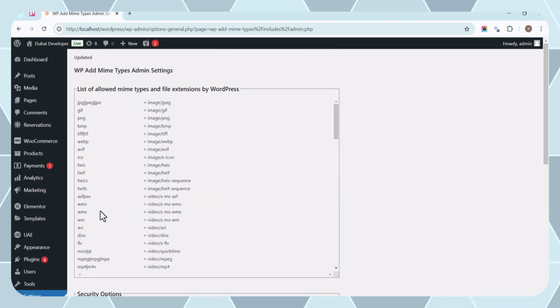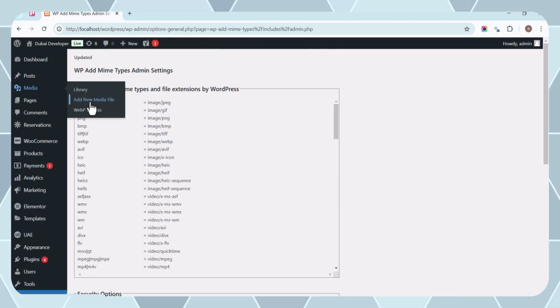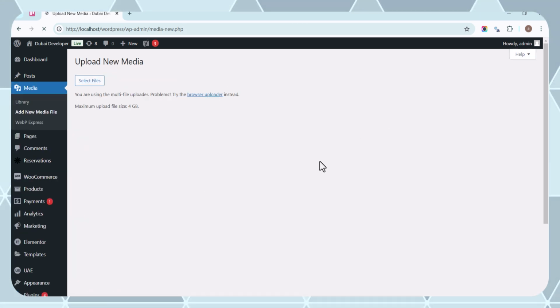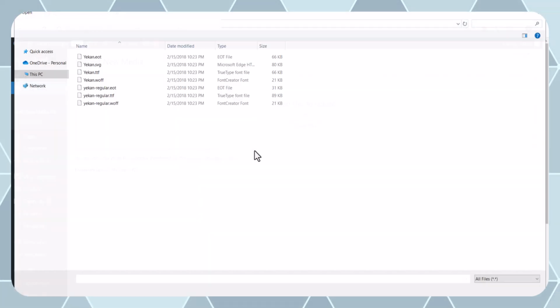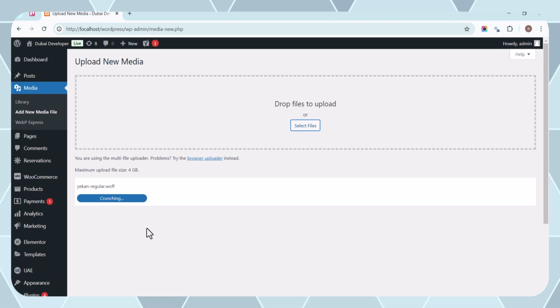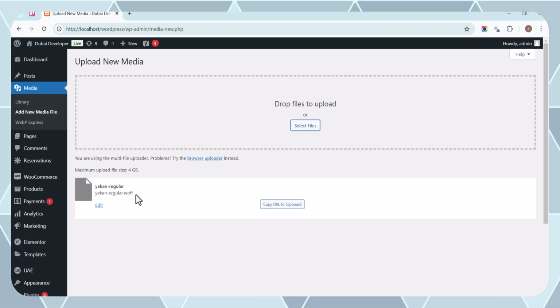Now to test the result, we go to the media library and upload a WOFF file. As you can see, the file uploaded